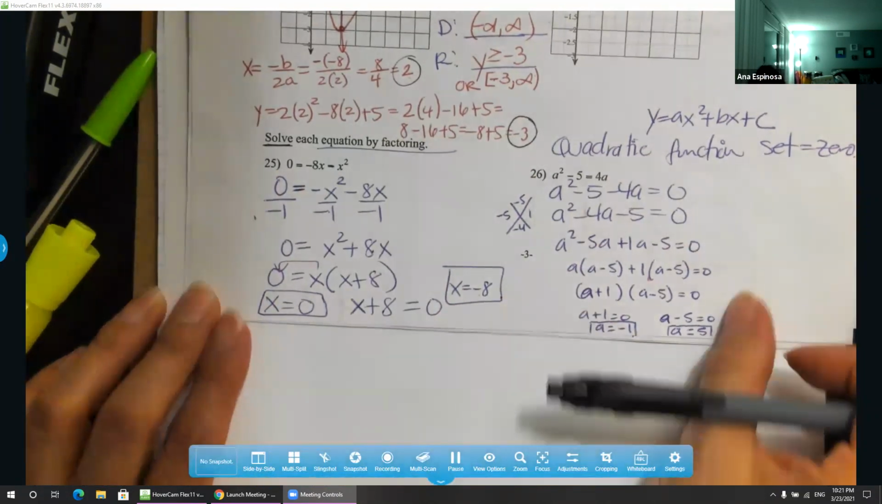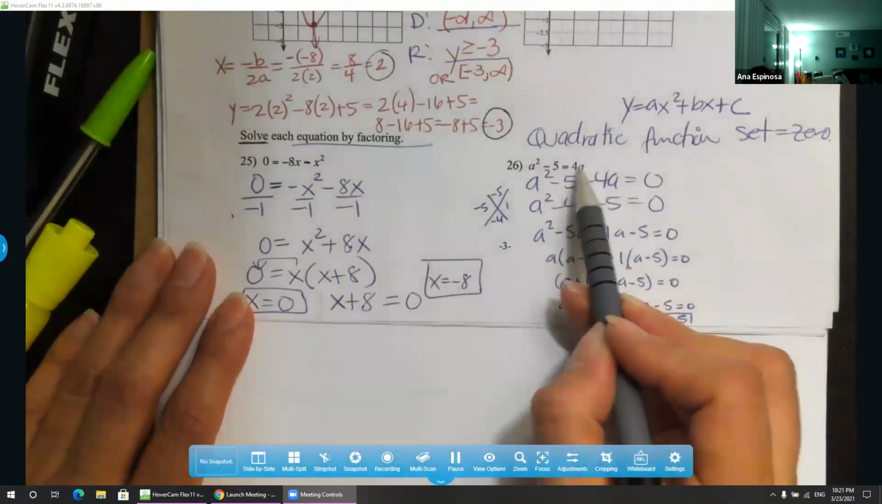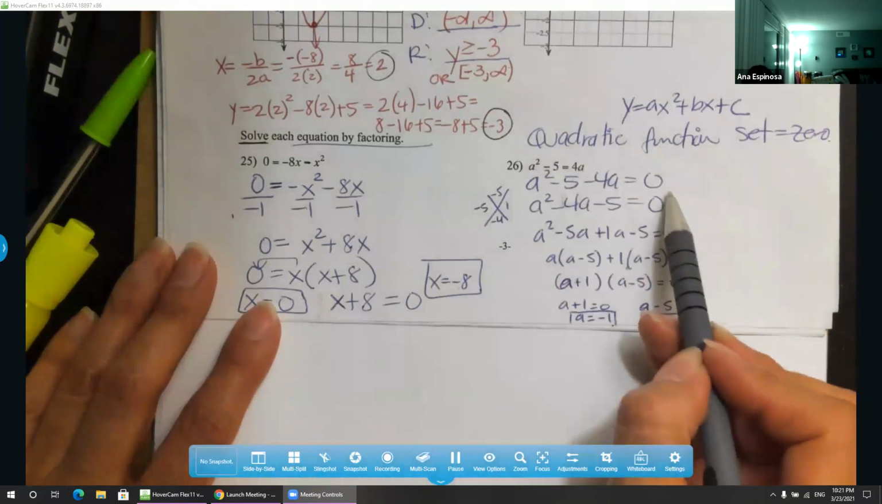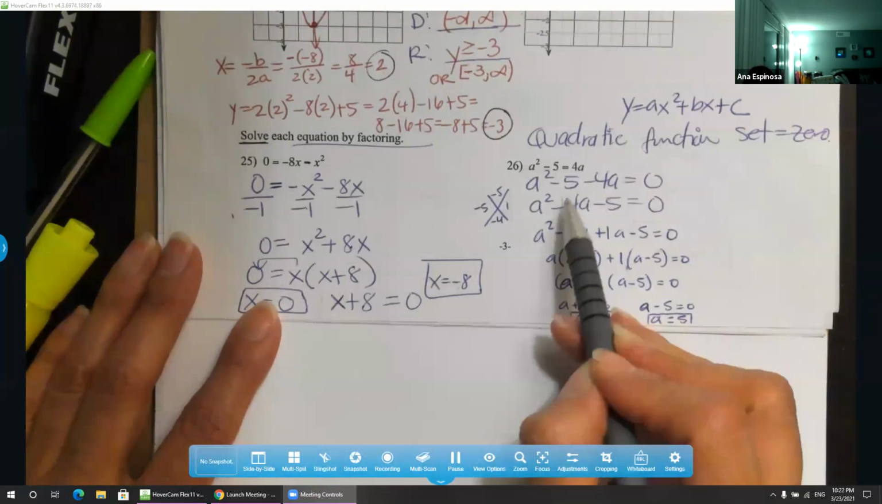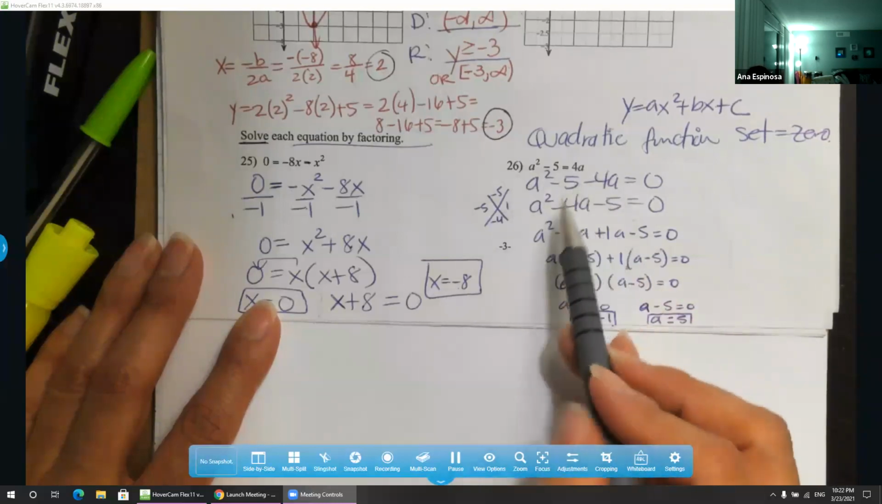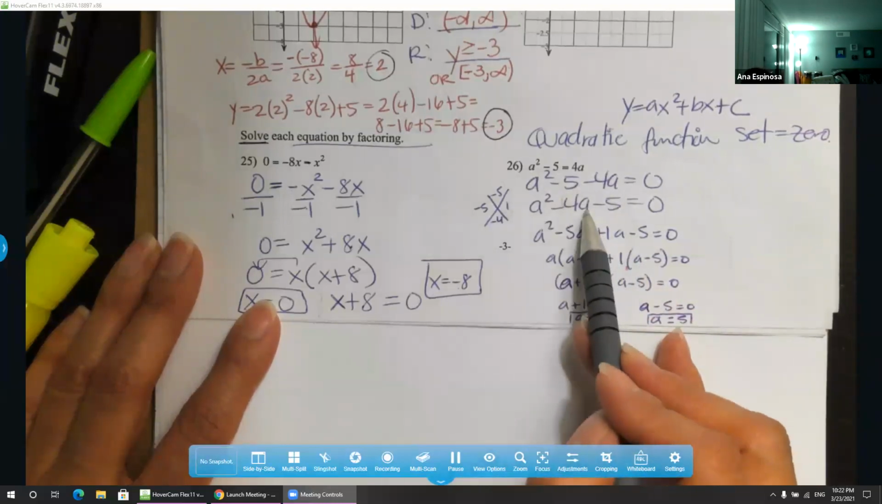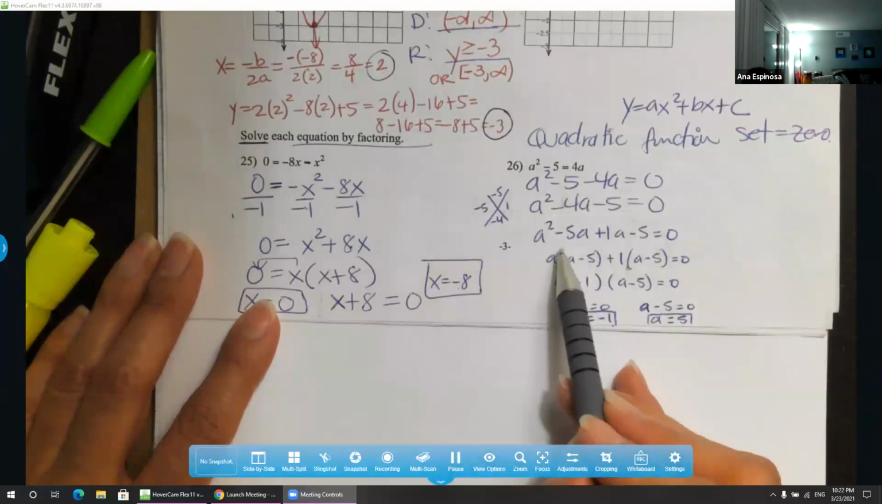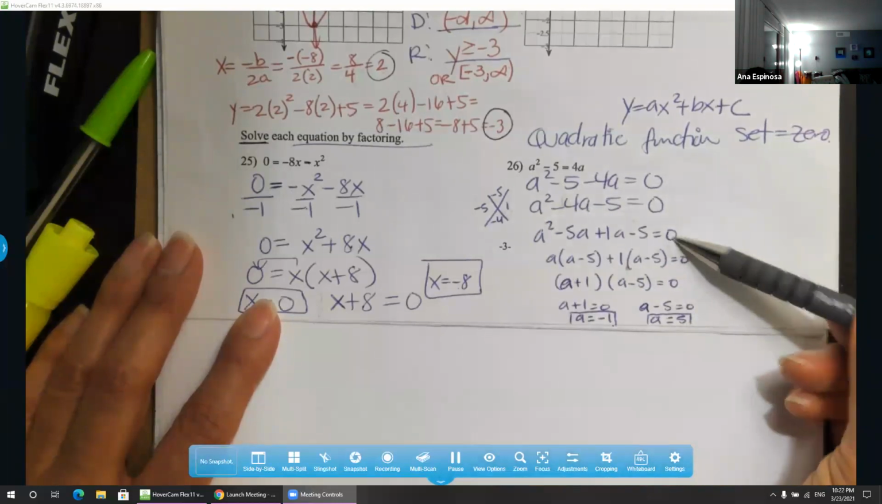All right, the next one is also a quadratic. So just the fact that it is a quadratic means you're going to set it to 0. You're going to rearrange these in the correct order. See how they're incorrect? You have to put the square term, the variable, and then the constant. And then you factor. This student factored